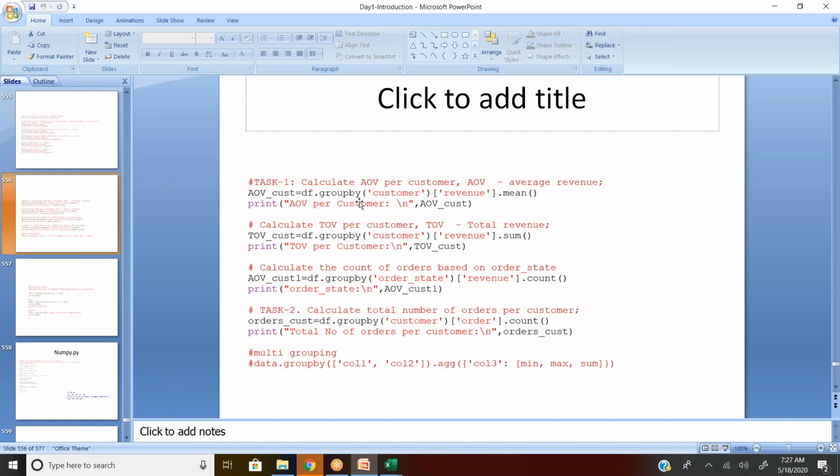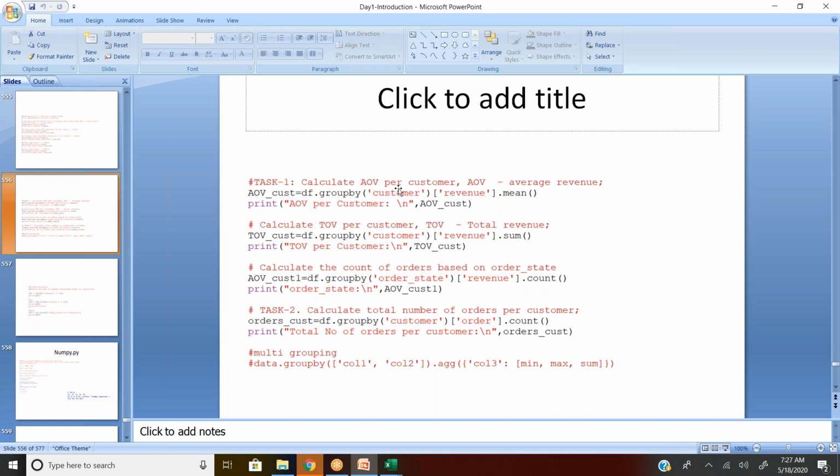So df dot group by, in brackets the variable on which you want to group. So customer-wise: in the group by brackets, just give the column name you want to group by. Right now I'm taking customer-wise. Then give the column name on which you want to do the aggregation. So revenue is the column, dot mean. What I'm doing here is taking the average on the revenue column by customer, if I read from right to left.